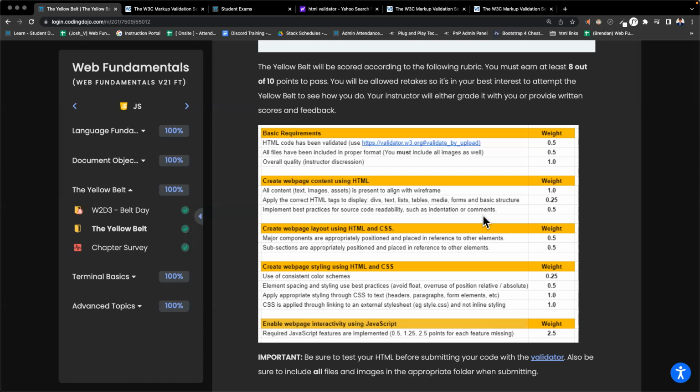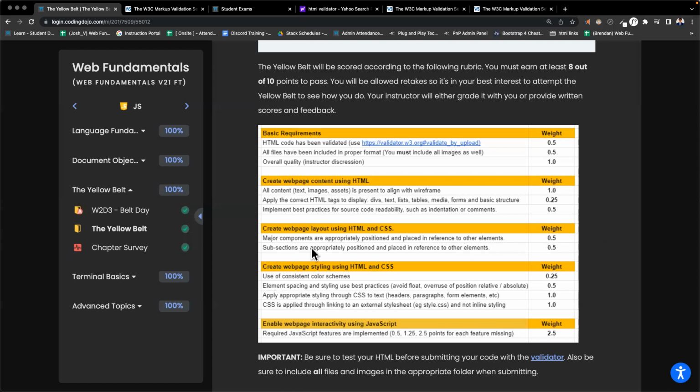Okay. Now let's go to the next section, create web page layouts using HTML and CSS. Okay, major components are appropriately positioned and placed in reference to other elements. 0.5 points. So as you can see, these rules are kind of similar to each other. I'm judging based on whether the view of your code reflects the image that we have given you.